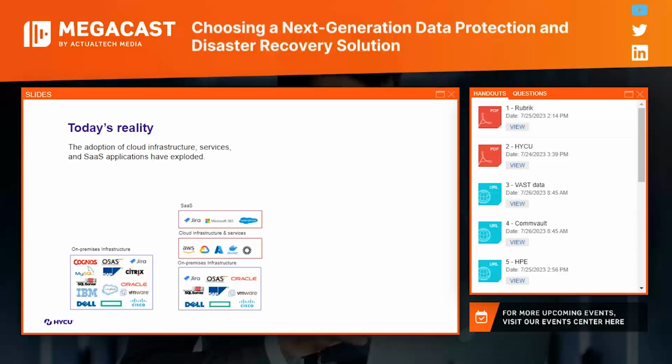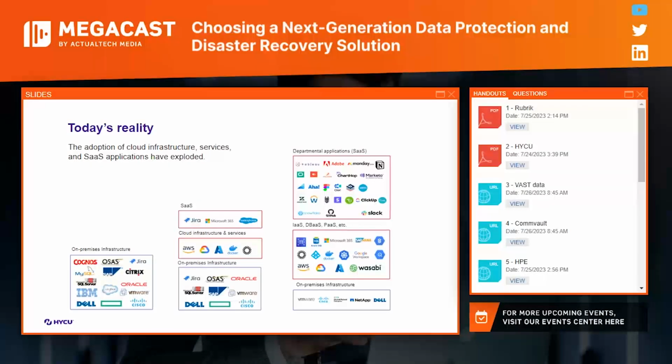Over the years, of course, that developed also into cloud infrastructure, cloud services. The first software as a service came in. And it already started to complicate things a bit more from where pieces of your business critical data were and how to protect those as well. Looking at today, we see really an explosion specifically also of the SaaS services out there. Every department has their own needs for their business applications, and also startup, sometimes without even knowing of central IT, their own SaaS applications for specific functionality.